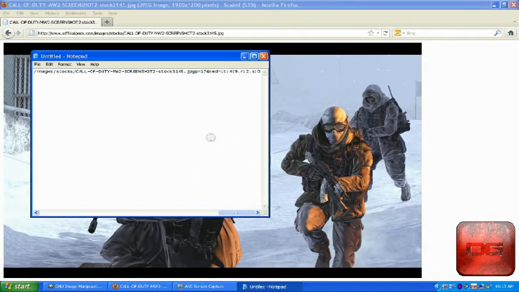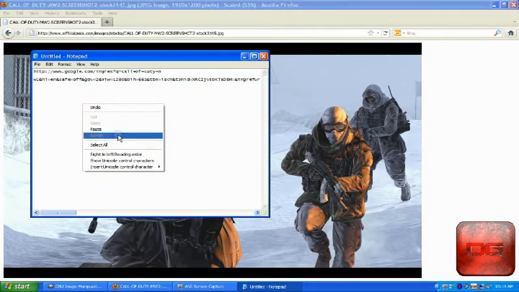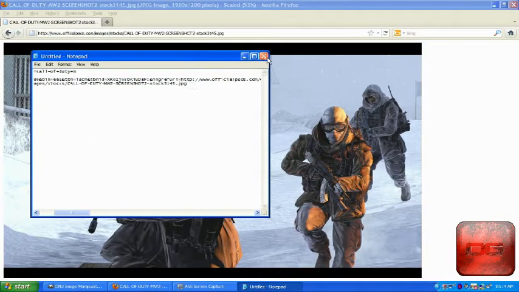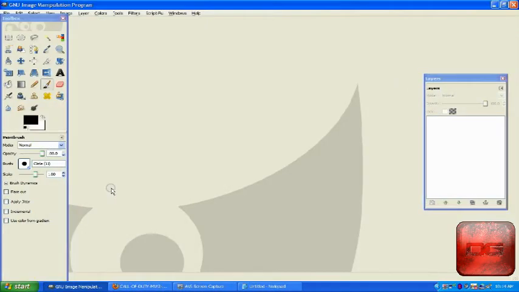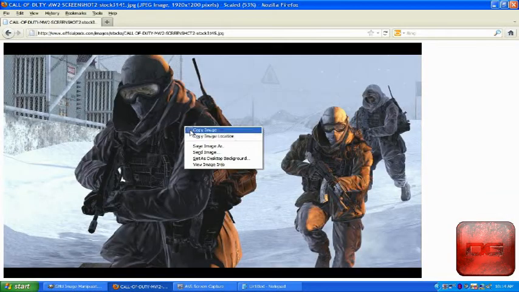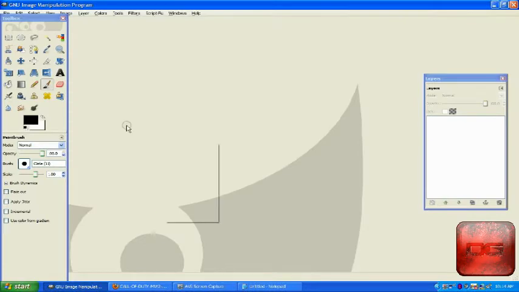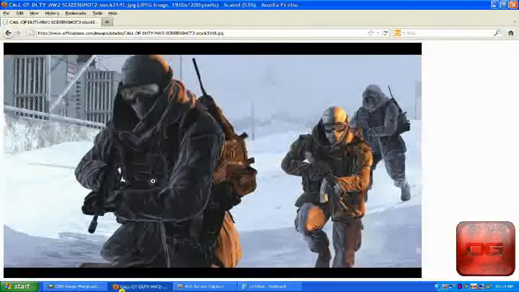I'm going to take a Call of Duty image and Call of Duty weapons. Some of them aren't actually in the game, but yeah. Right now I'm just taking some images, getting the links for them so I can include them in the video. So I copy and paste the Call of Duty image